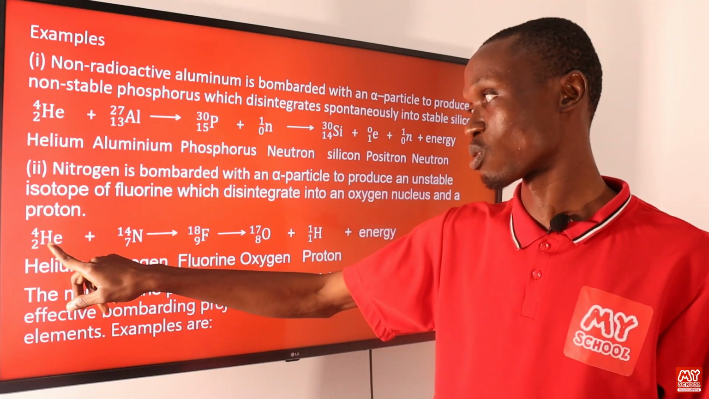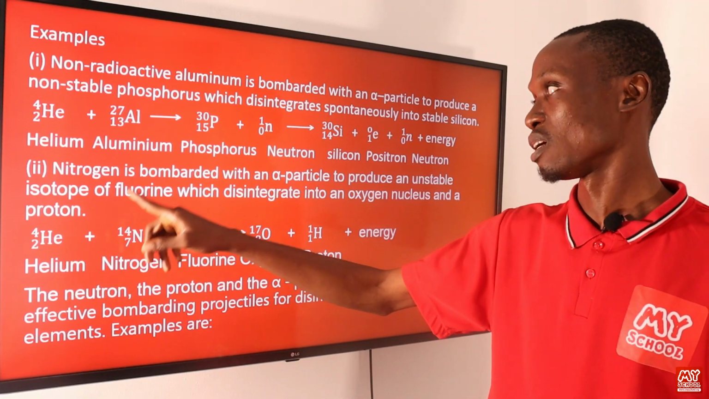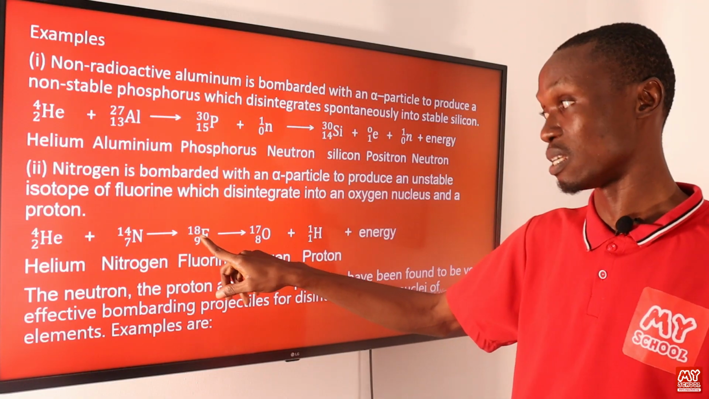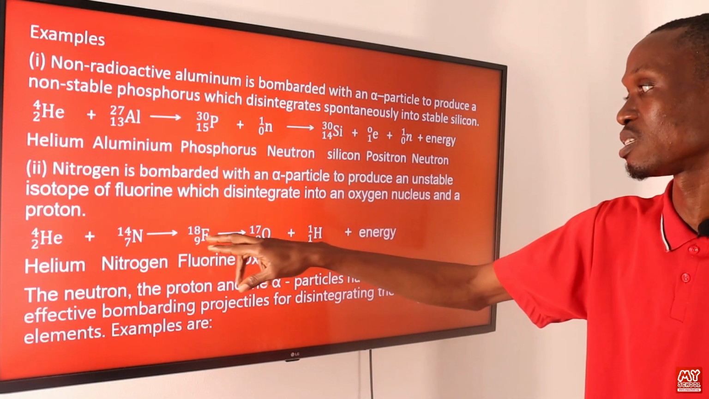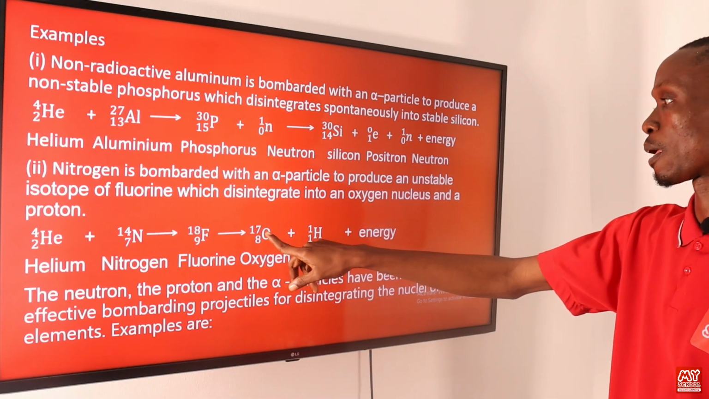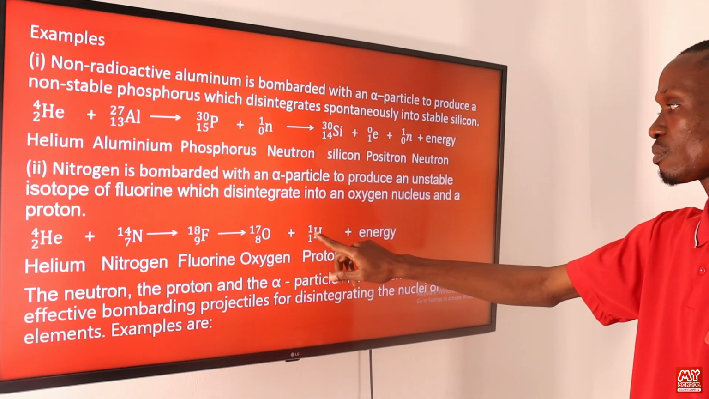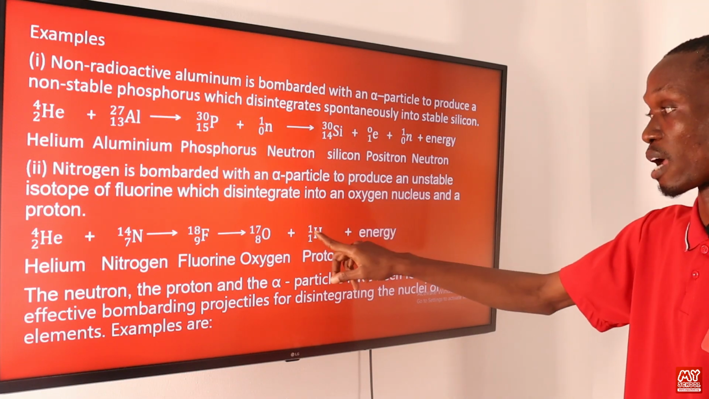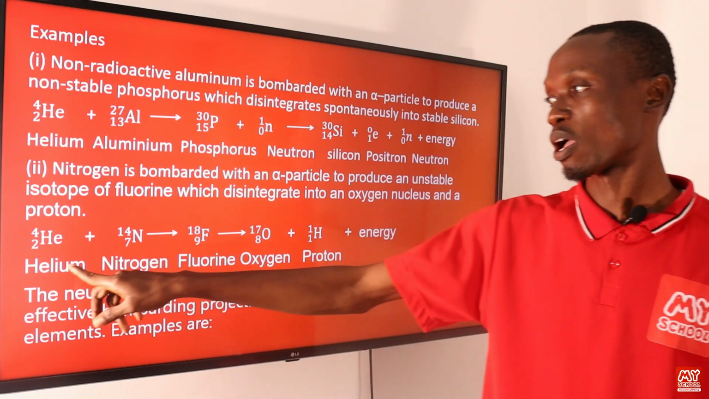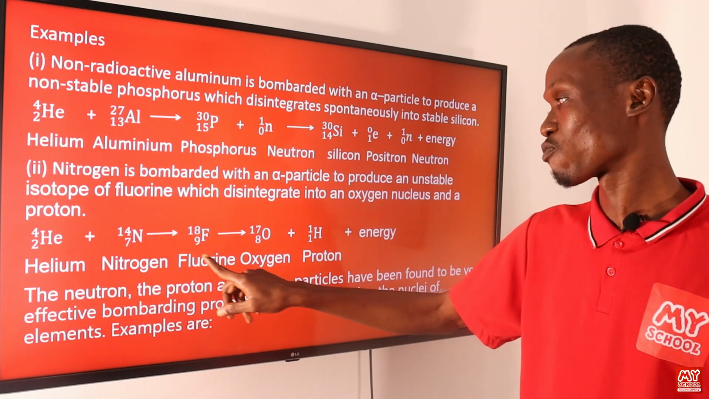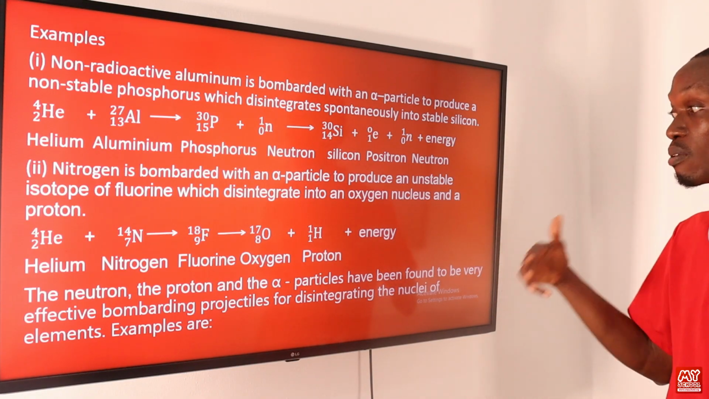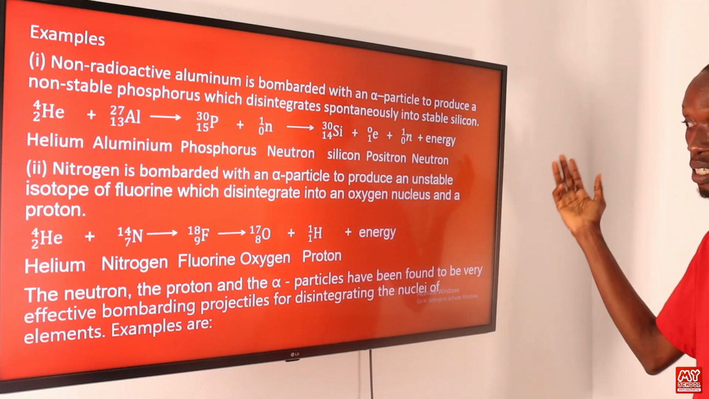So this is the alpha particle that was used to bombard the nitrogen, and this produces fluorine 18, right? So this fluorine 18 disintegrates to produce oxygen and a proton, or we can say ordinary hydrogen, plus energy. So we have helium, nitrogen, fluorine, oxygen, proton, or you can say ordinary hydrogen, plus energy that was